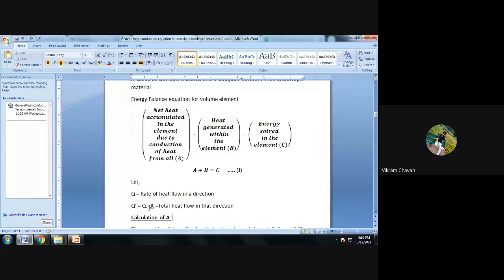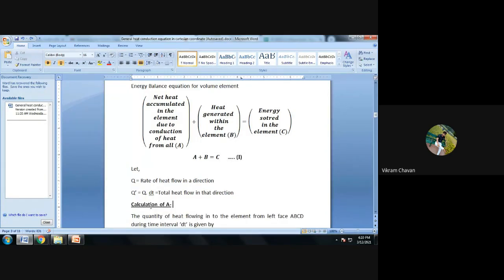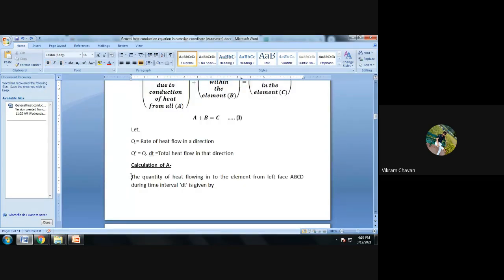Okay, and if you consider the heat is flowing in the y direction, then it will be Q suffix y multiplied by dt, that will be Q dash suffix y. Okay, that will provide you the total heat flow in that direction. Then further we went on to the calculation of A, and for that reason we have considered one direction,